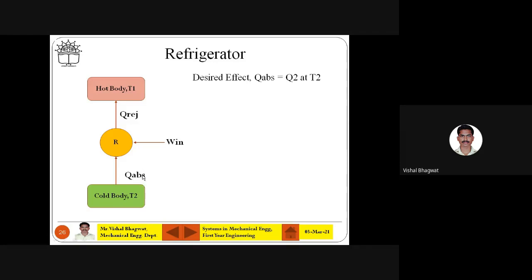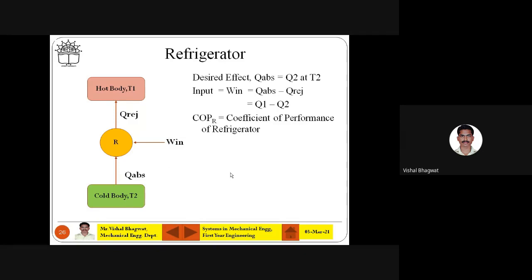So in case of the refrigerator, Q absorb, Q2, is the desirable effect, which is at the low temperature body, and Q rejected is a loss. Okay, fine. So input is always Q rejected minus Q absorb, or Q absorb minus Q rejected, whichever is higher. So Q1 minus Q2 or Q2 minus Q1, anyway we want a difference, that is working electricity. So COP of R, again this is working against the natural law. So we measure here COP instead of efficiency, coefficient of performance of refrigerator. That is nothing but desirable effect divided by Q1 minus Q2, that is work.